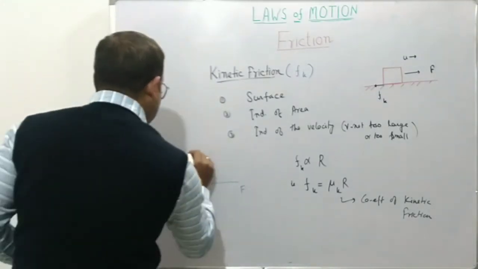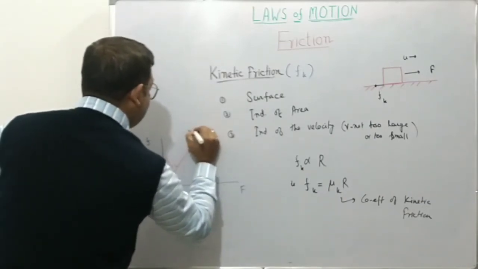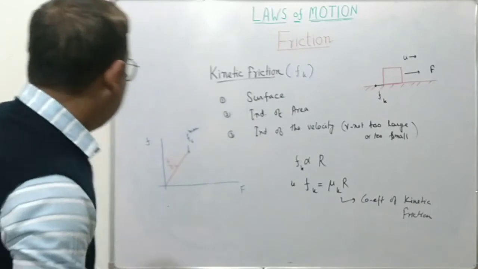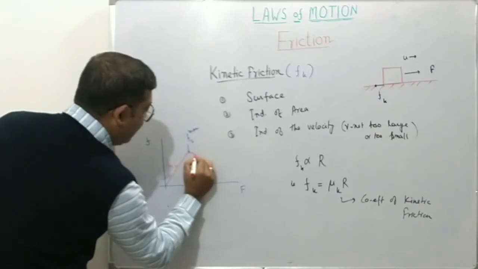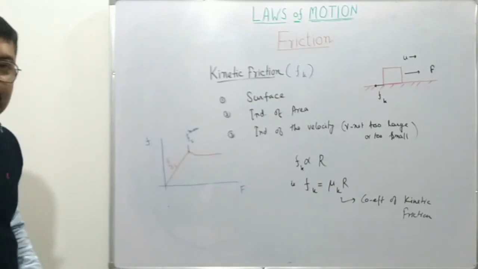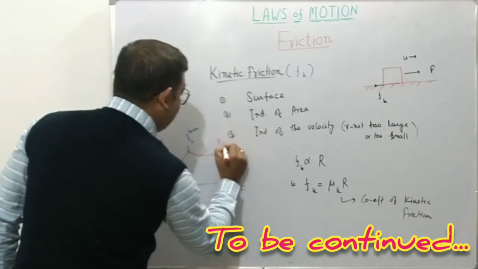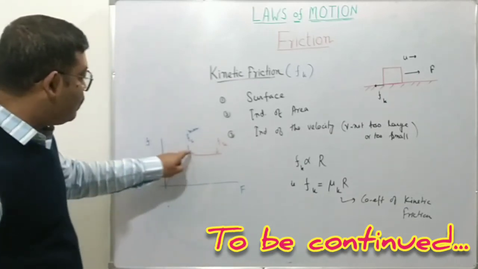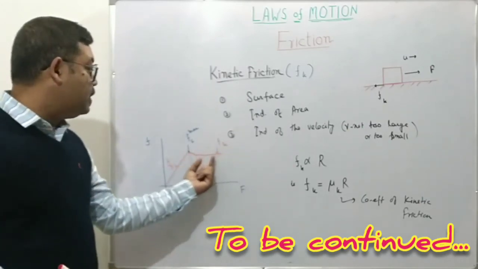The peak of this graph is the Fs maximum, the maximum value of static friction that can be generated, the limiting friction. Beyond this, what is observed is that it comes down and then it becomes almost parallel to the F-axis. The value stops changing with increasing force. This part is Fk, the kinetic friction. So beyond this particular point, the object will start moving. For very small velocities, it will slowly decrease and then it becomes a constant. For moderate velocities, it will remain a constant.